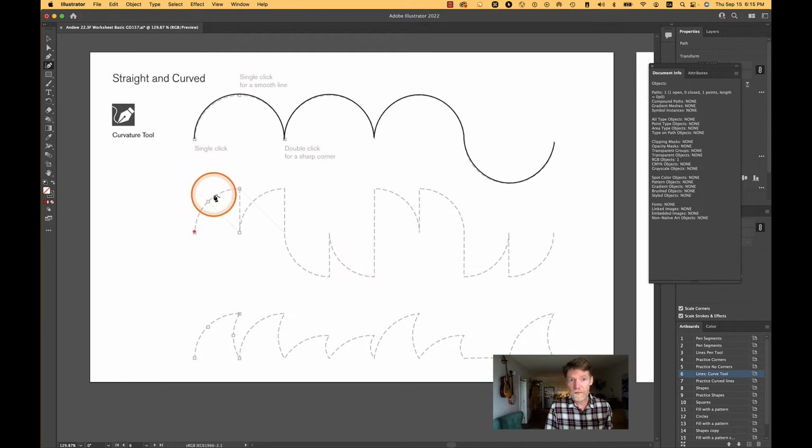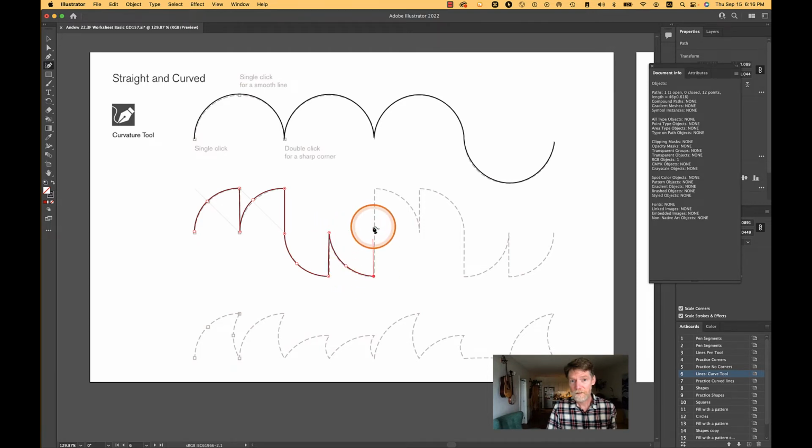So for these arcs, I'm going to click in the center, and I'm going to click, double click here. And what is beautiful about the curvature tool is just how perfect this curve is. I still may want to make some adjustments so that it's identical to the dashed line guide underneath. But for now, it's just getting used to the tool when you're drawing for the first time. So there, and here another one, double click, one in the center, double click, double click,